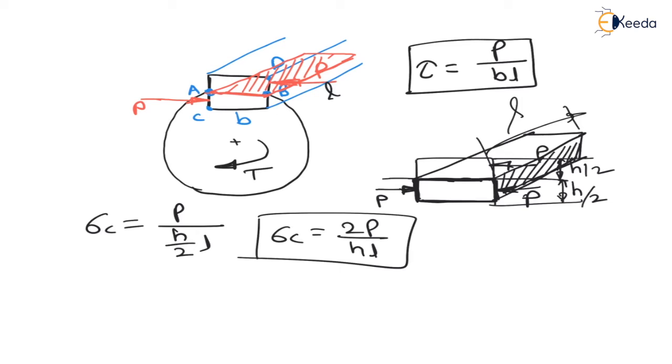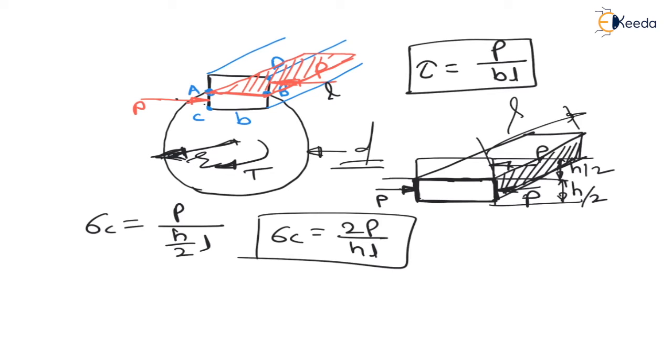So, first of all, we will find the applied load P, the force on the key. Now, see here, the shaft is rotating in clockwise direction, which means it is rotating because of this force P. Let us consider the radius of the shaft is R. Therefore, the diameter will be 2R. Let us say the diameter is D. Now, can I say this torque is nothing but force into radius?